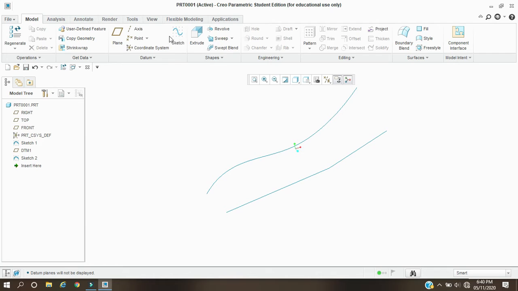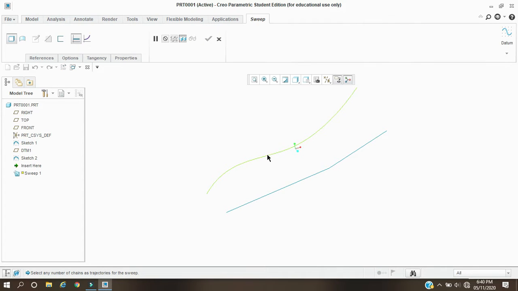Now open the command and select the first curve, press Ctrl and select the second curve. Now the arrow is here, which means the cross section will be added here. If you want to change the point of the plane, then click over this and click again to sweep to the next point.